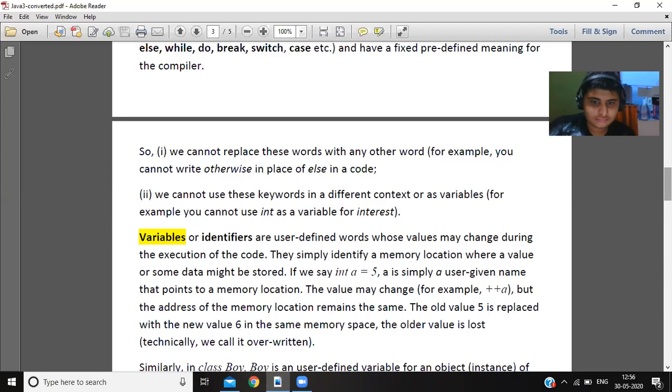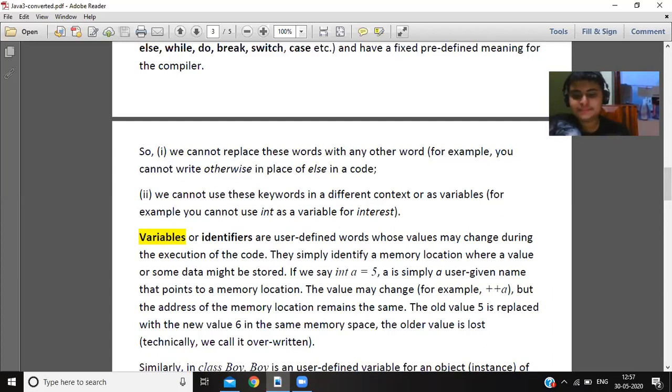If A equal to 5 and you write minus minus A, A becomes 4. The value can change. They simply identify a memory location. Actually, it is the name of a memory location. The value may change, but the address of the memory location remains the same. In the memory location where 5 was stored, 6 will be stored, and the name will still be A.